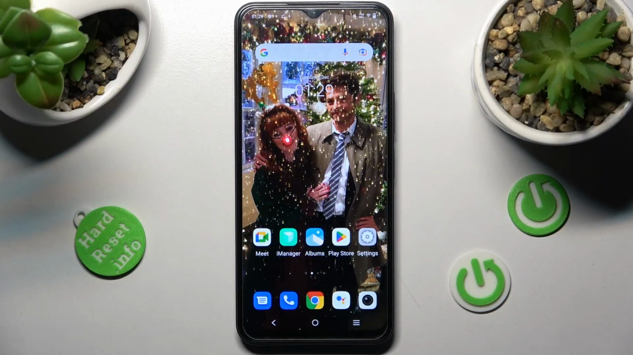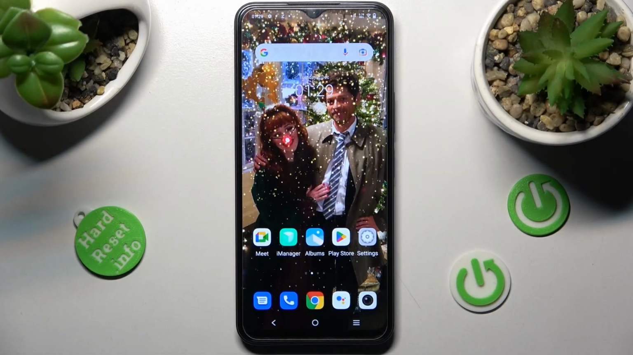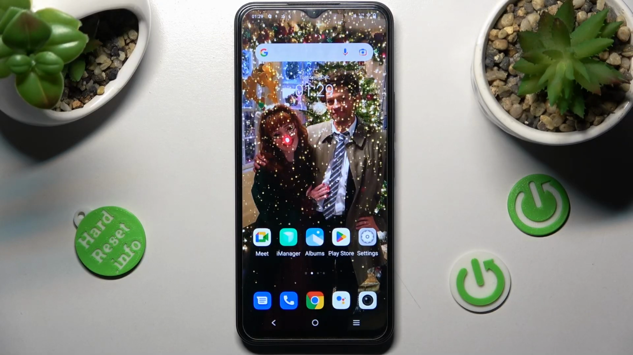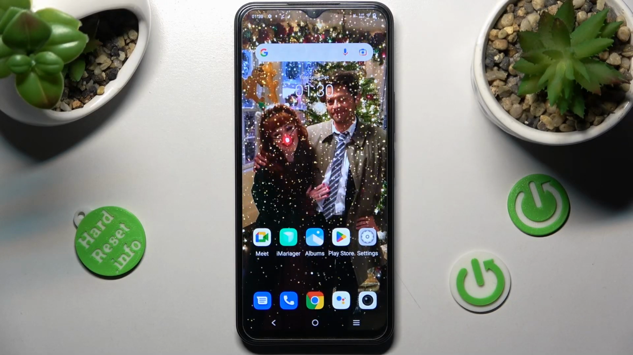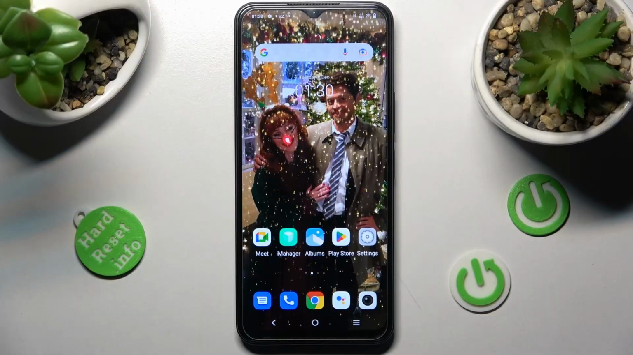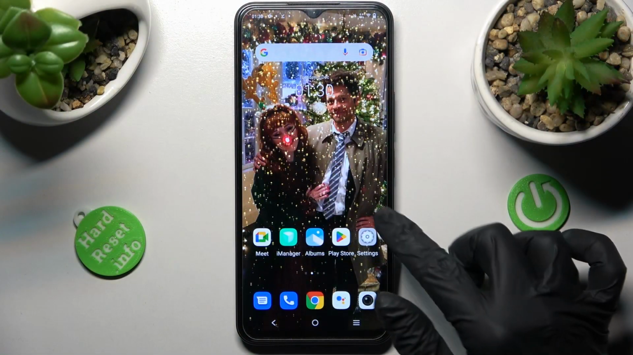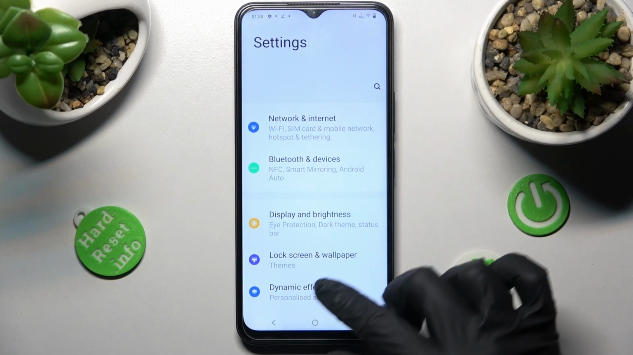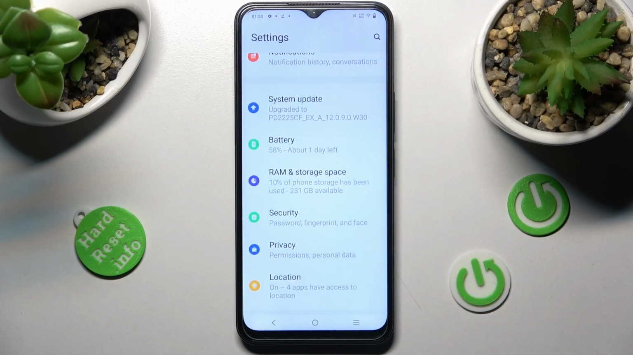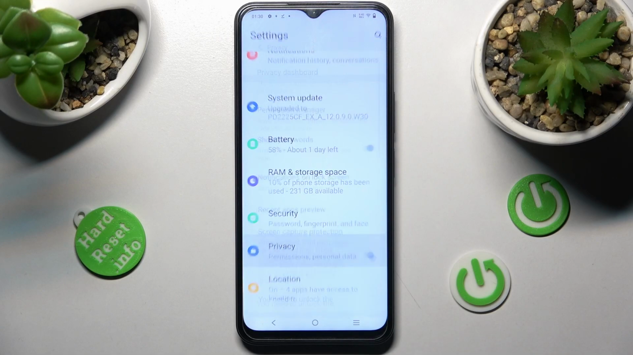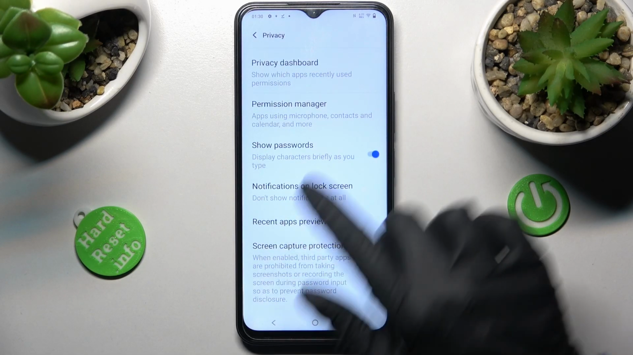In front of me is VIVO Y35, and today I would like to show you how you can manage app permissions on this VIVO. First of all, go into Settings. Now scroll down and tap on Privacy section. After that, click on Permission Manager